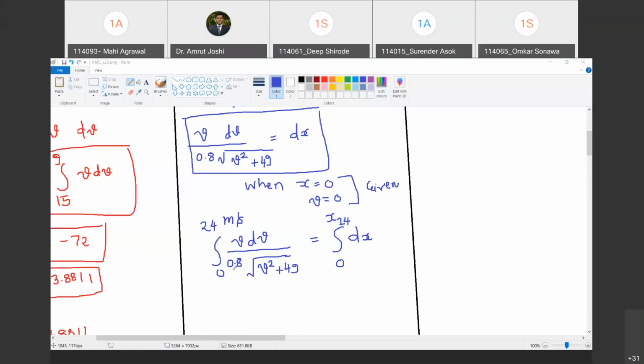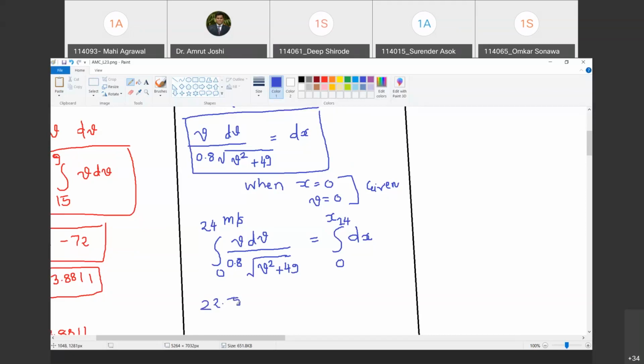Just give me a minute. Yes, the left hand side is 22.5. I got the same answer. So therefore